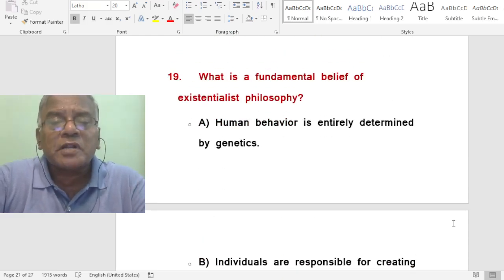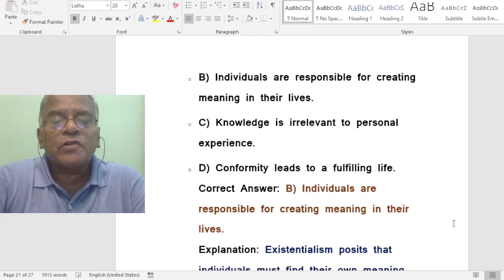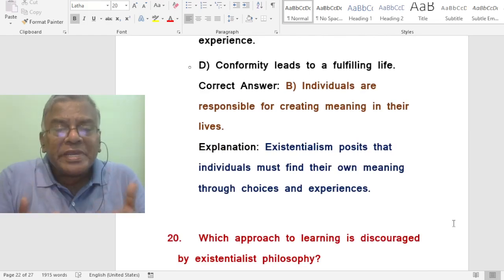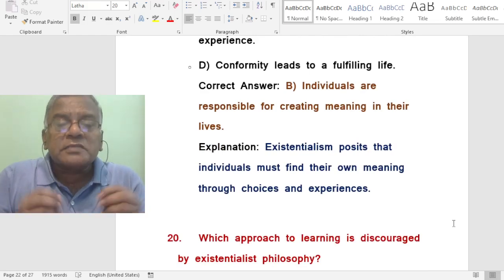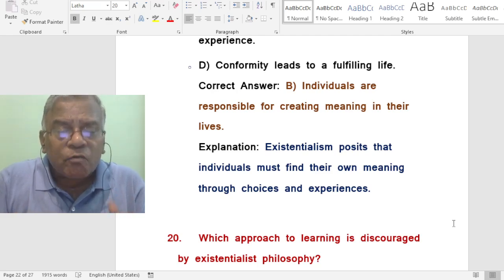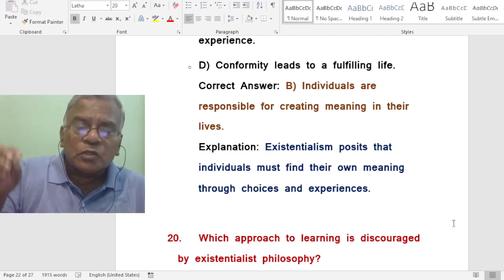What is the fundamental belief of existentialist philosophy? Individuals are responsible for creating meaning in their lives. Existentialism holds that individuals must find their own meaning through choices, through their